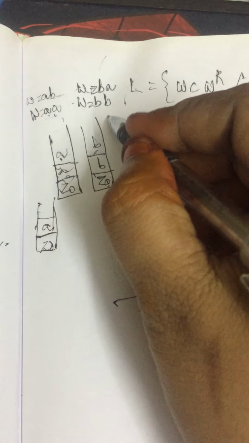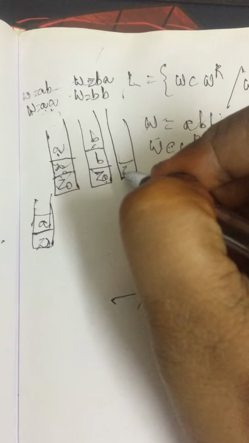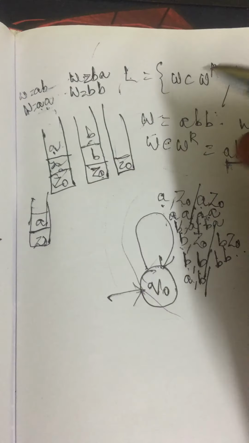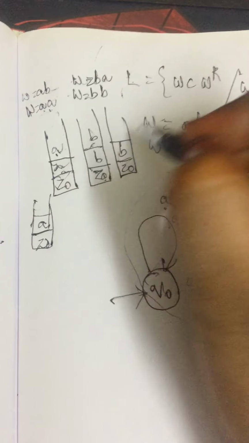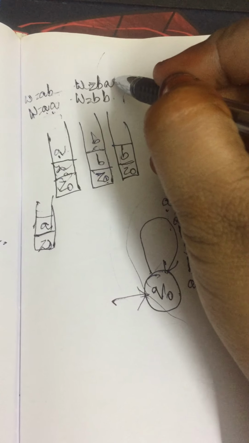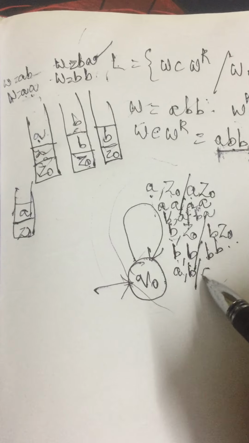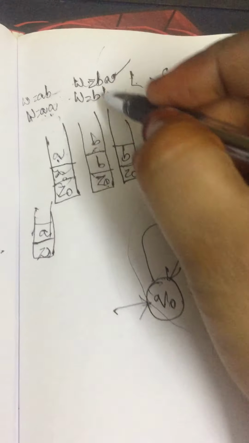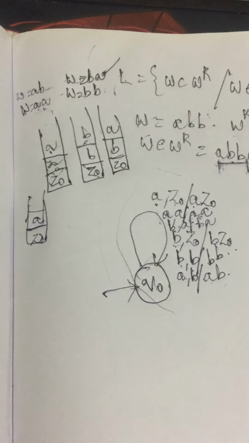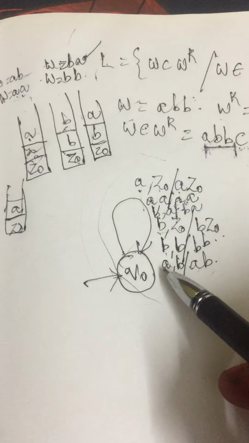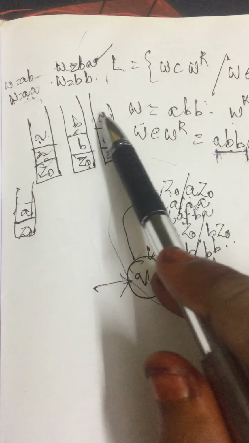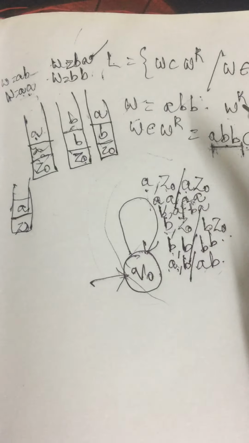So this is for BB. The present input symbol is A, top of the stack is B. We are discussing this one. Now we are going to perform the push operation. Now the top of the stack is A here. So in this manner we have pushed A onto the top of the stack.